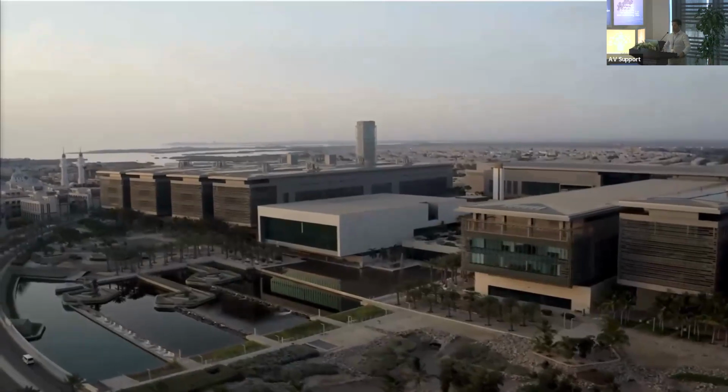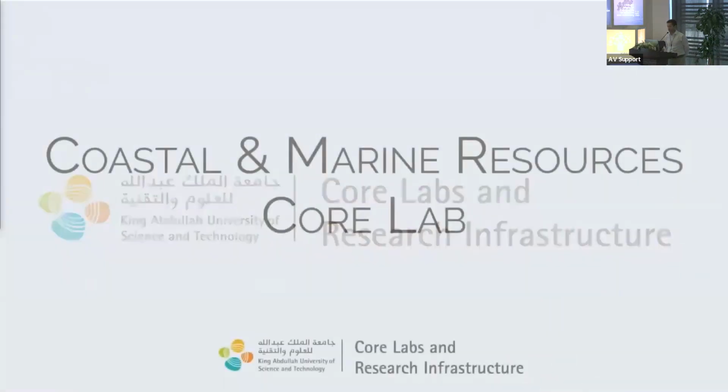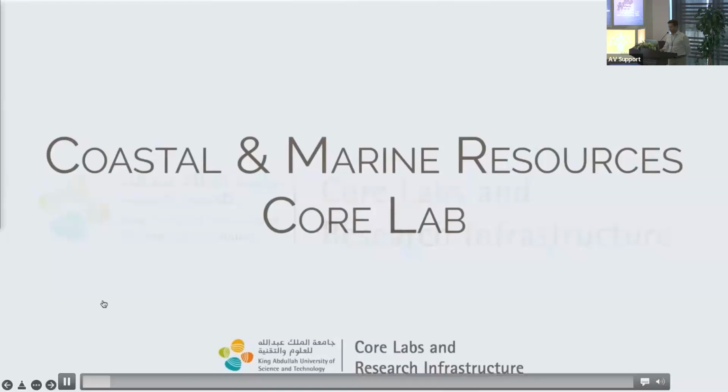So we are part of the Core Labs. Core Labs has 12 different laboratories. CMR is one of them. And we are working with everything that's related to the marine environments. That goes from,